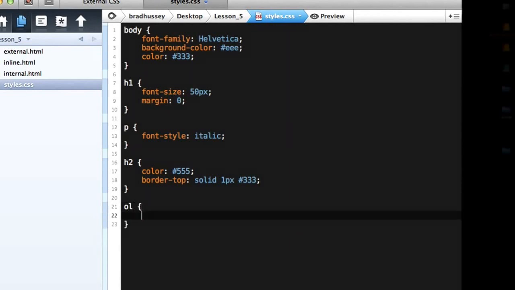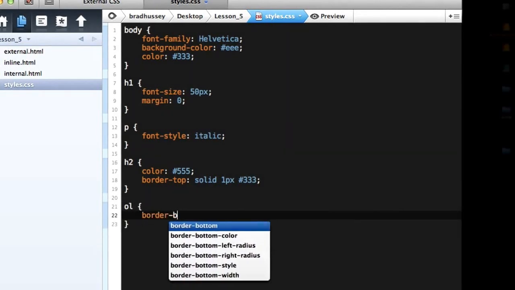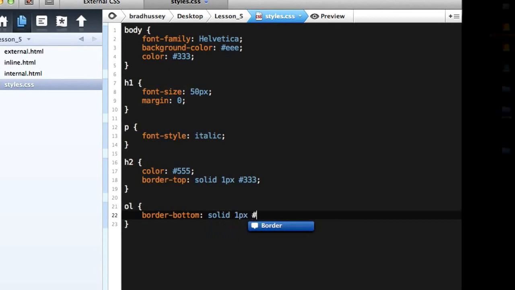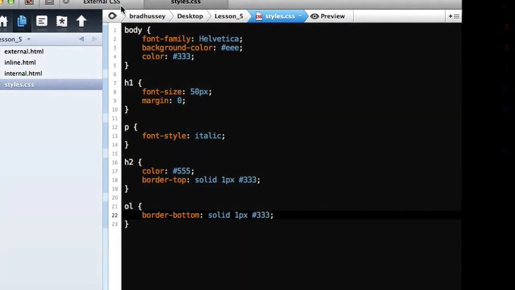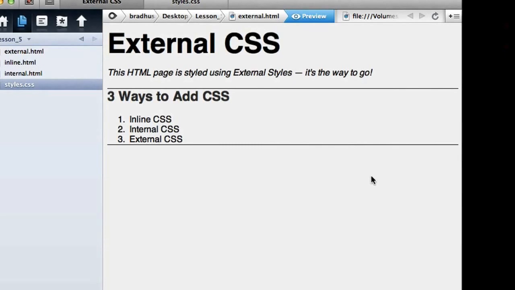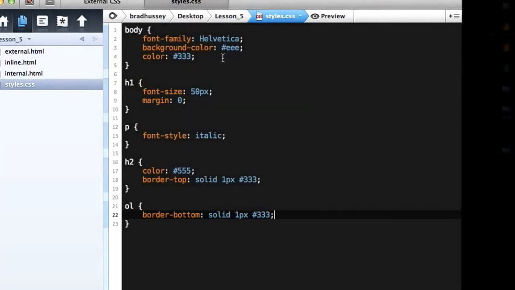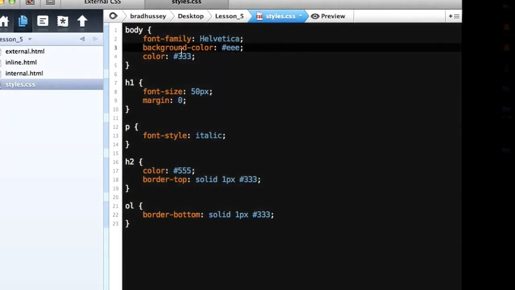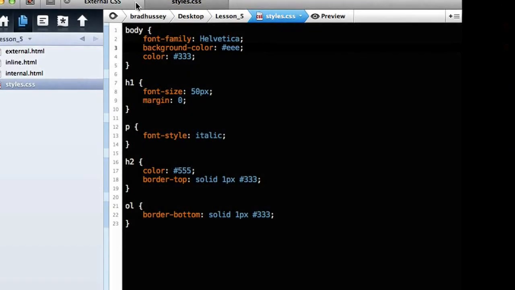And let's select the ordered list and give it the border bottom of solid 1 pixel 333. Save that and let's check that out. So there we go. So we have our first external style website or web page. And we have some very basic elements. We've just played around with the body, the background color, the font family, the color, font sizes, margins, font style. We've learned a little bit about hexadecimal values, and we just kind of practiced and experimented a little bit